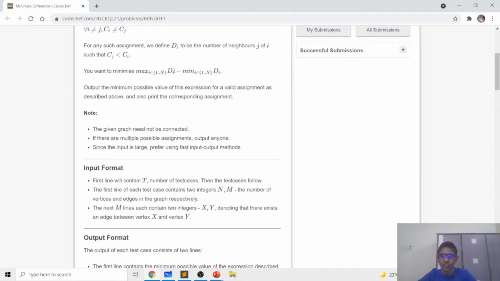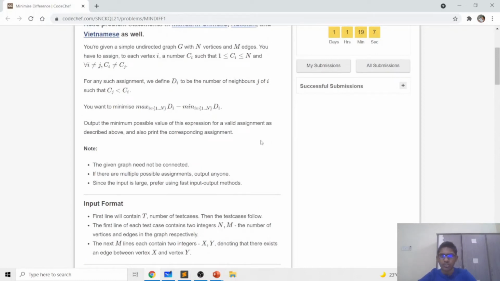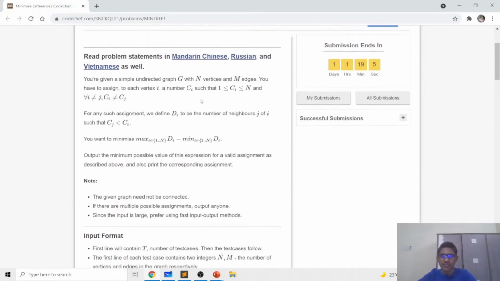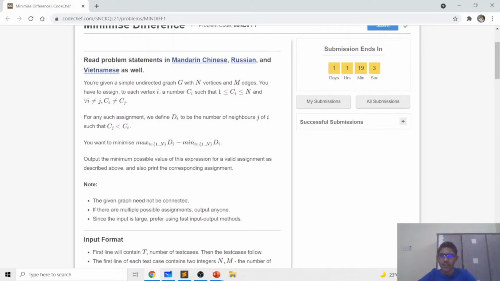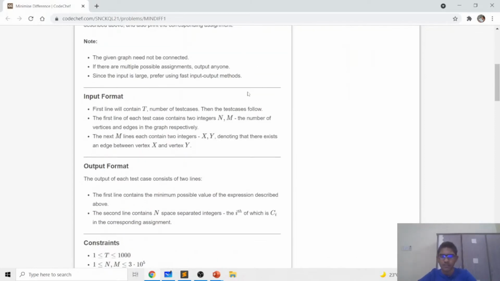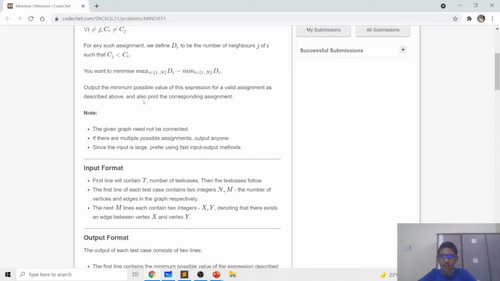Now the second observation is that to minimize the max d_i we can use a binary search, and in the binary search check function we can basically find a way to assign the nodes the numbers. In the check function itself we maintain the numbers for each node, and whenever we are returning true from the check function we also update the assignment. I'll be explaining that in the implementation, but the basic idea is to binary search on the max d_i value and try to minimize that.